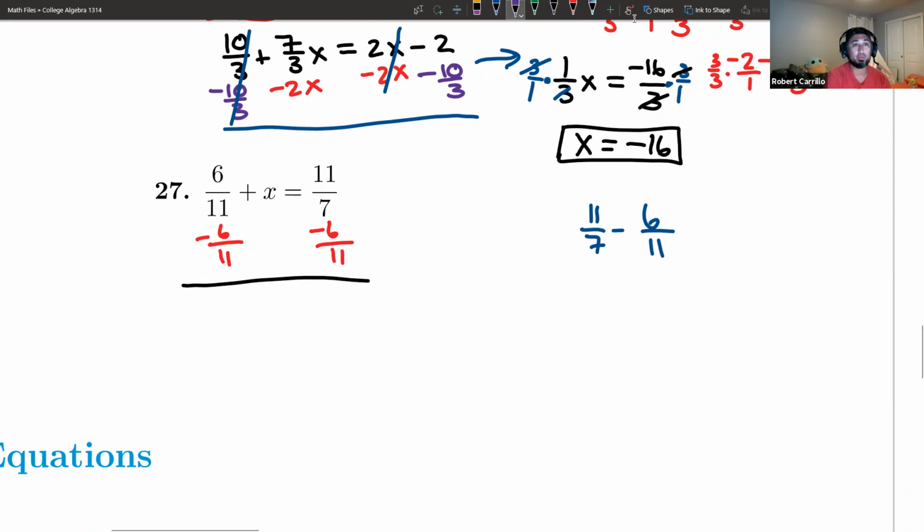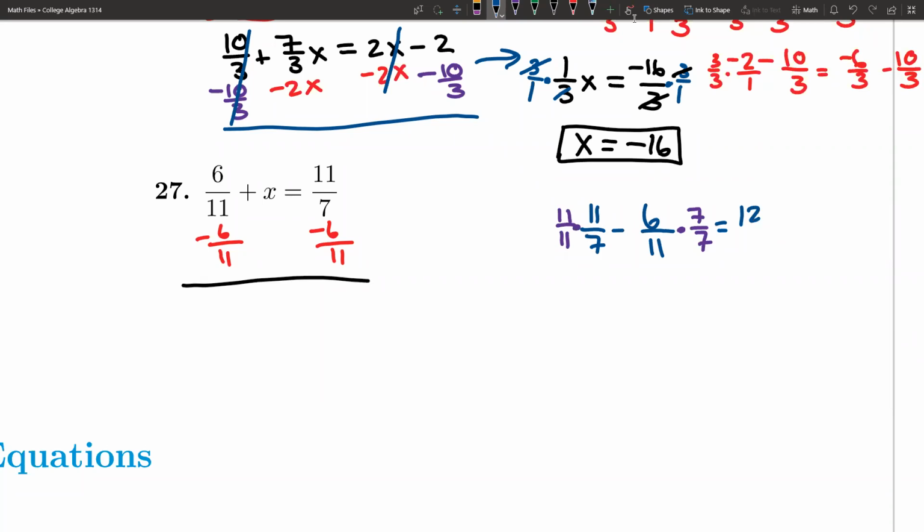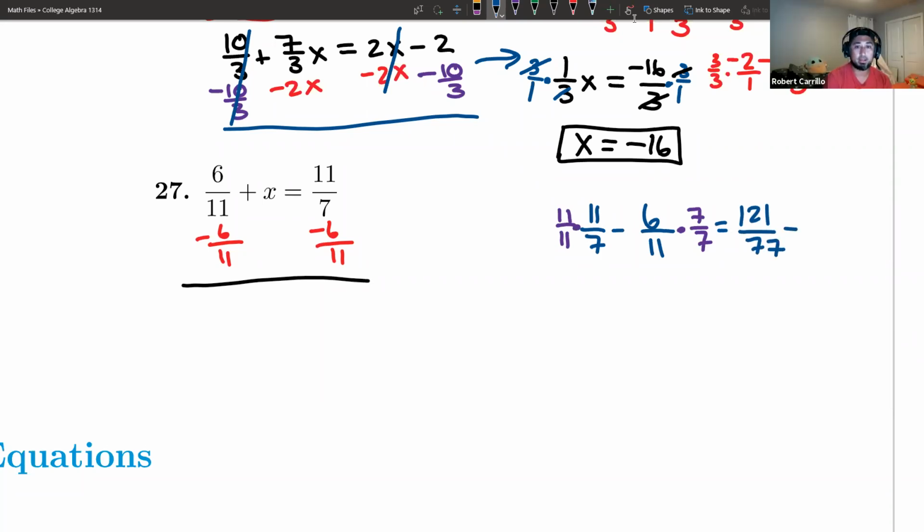So this means we multiply this guy by 11 over 11. And we multiply this one by 7 over 7. And what is 11 times 11? 121. 121 over 77 minus 42 over